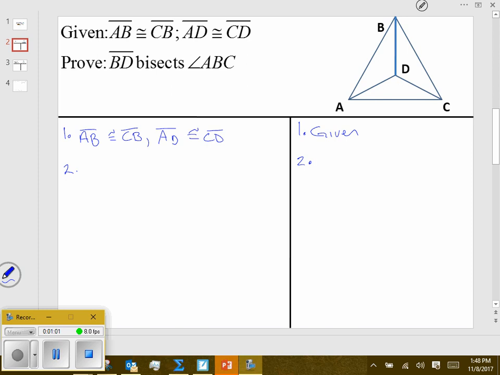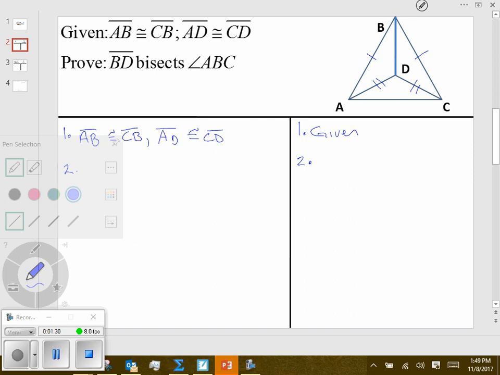Good. Now there's really 4 triangles there, right? Hopefully we all recognize that the big triangle ABC is not going to be congruent to any of the smaller ones, right? So we're looking at these 3 smaller triangles, and I'm not sure which ones to choose. So I'm going to put marks on these. This is another reason why we need to put markings in our picture, because now, by putting those markings in the picture, if I look at,